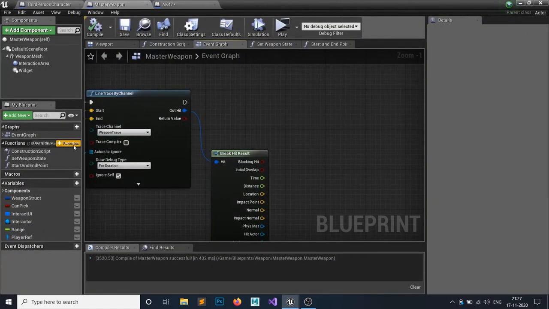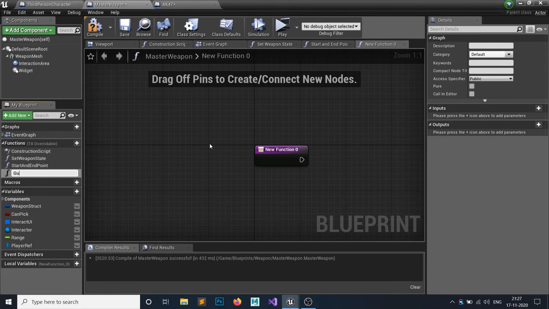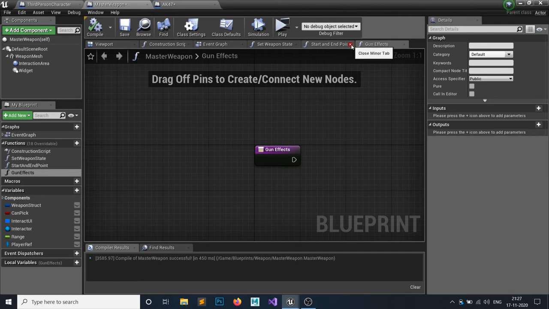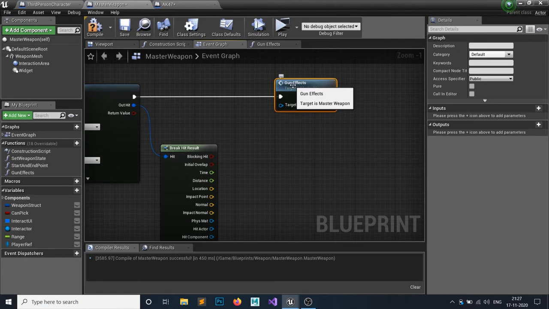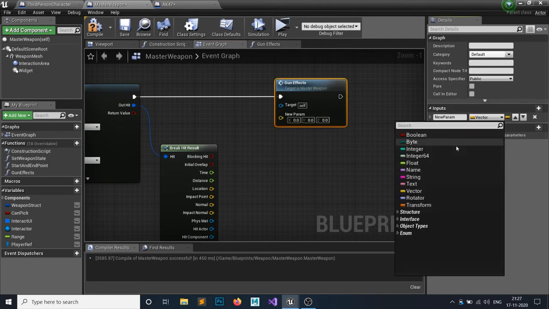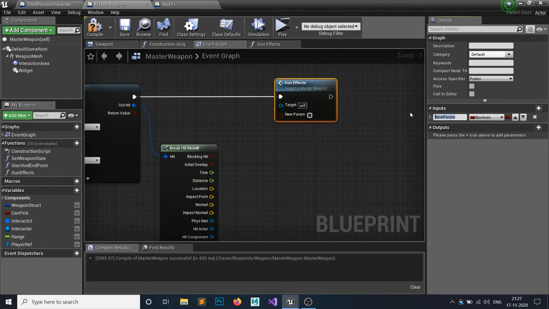So let's create a new function. I will call it gun effects. Whatever effect your gun can do, it will simply go here. I don't need any of this function. So let's call out this function. First things first, I need an input of boolean type for whether it hit or not.